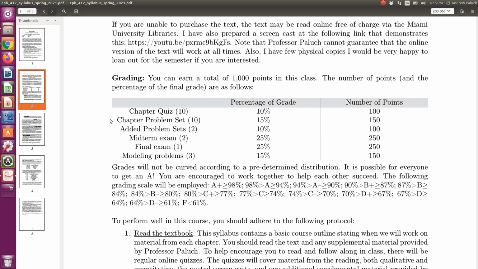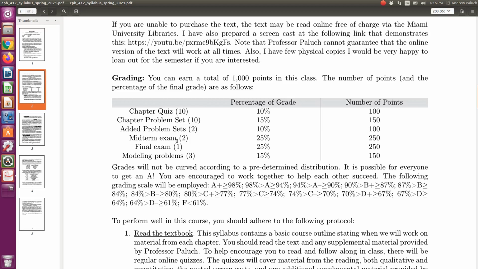In this online version of the class, you'll find screencasts of me discussing the problem sets, to help you work through the problems and make sure you really understand the material from the chapter. So there are standard chapter quizzes and standard chapter problem sets, and again, for the problem sets, I'll provide you with screencasts to help you out.